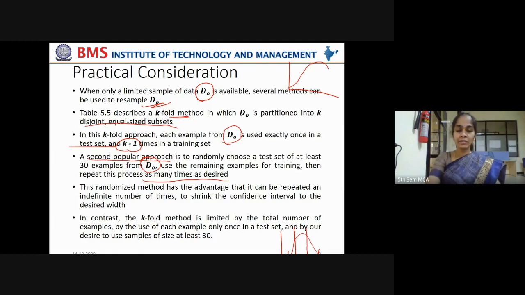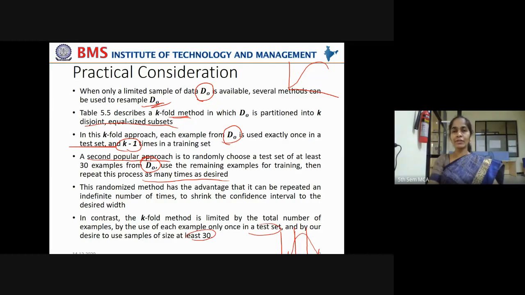In contrast, the k-fold method is limited. You perform it only k number of times, given the total number of examples, by the use of each example only once in a test set, and by our desire to use samples of size at least 30. In k-fold cross-validation, we have a limitation that every partition should contain at least 30 data points, and